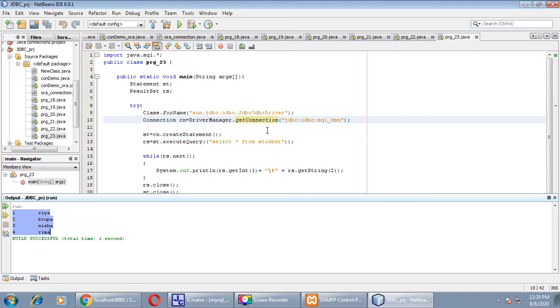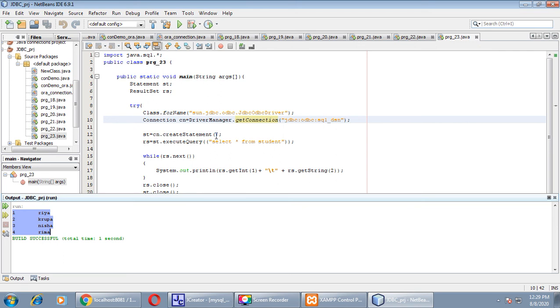If you want to delete a record, you can execute the delete query. If you want to update the record of MySQL table, you can use the query accordingly, right? So whatever we did for the Access and Oracle database, the same practicals you can do for MySQL connectivity as well.